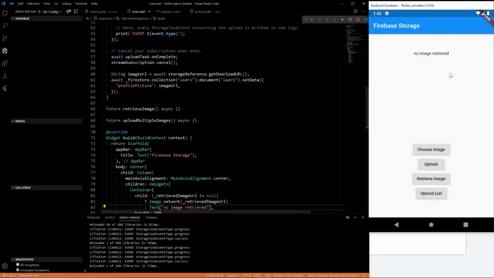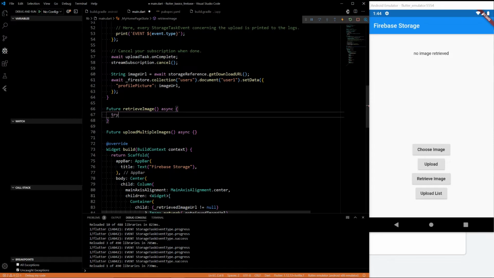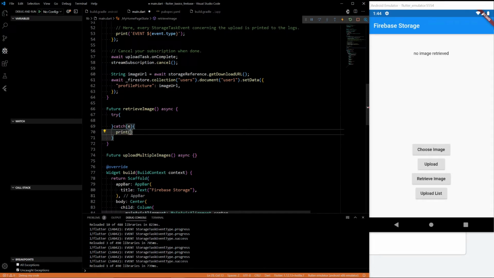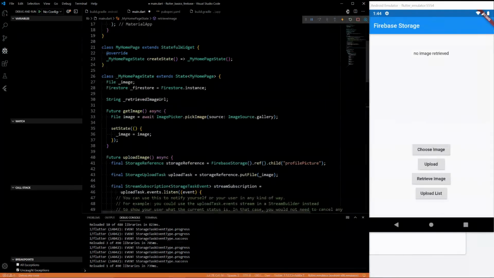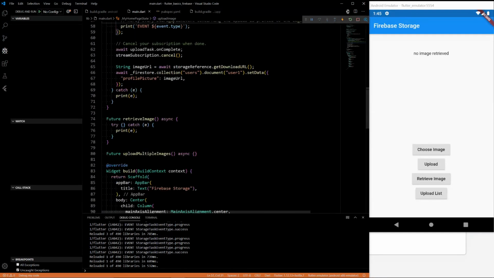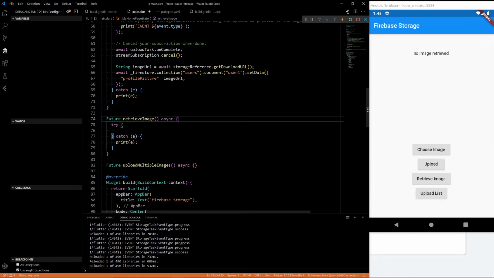So in order to retrieve it, all we need to do is, just like in the last video, try to retrieve it, catch, print e. I just realized I didn't do that here. There, you want to try and catch all your asynchronous functions just in case something goes wrong, it doesn't crash your whole program. So for the retrieve image, we're going to have a